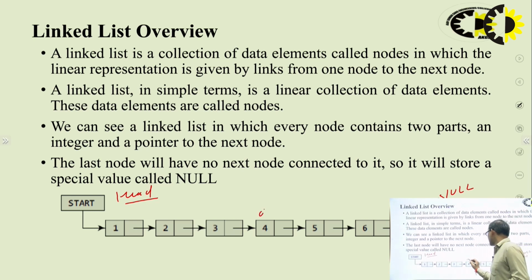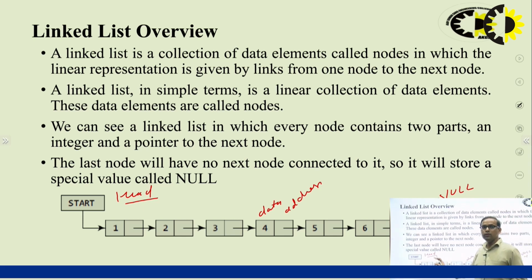So a linked list is a collection of nodes in which each node has two parts. The first part is the data field, and the second field is the address field. The data field contains the value stored in the node, and the address field contains the address of the next node in the linked list. And in the address part of the last node of the linked list, it will store null, because after that there is no node. And start is another pointer variable which contains the address of the first node of the linked list.